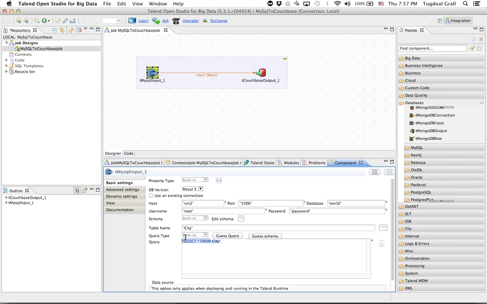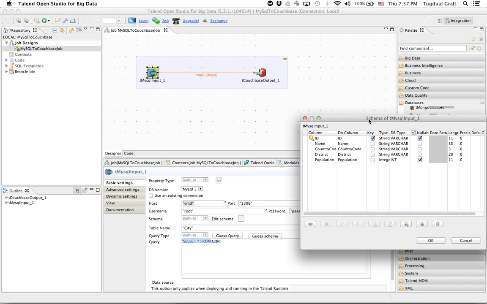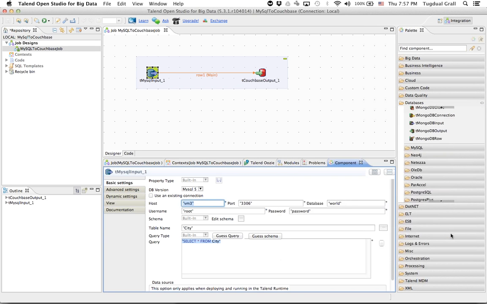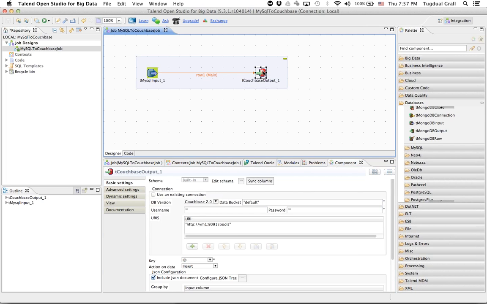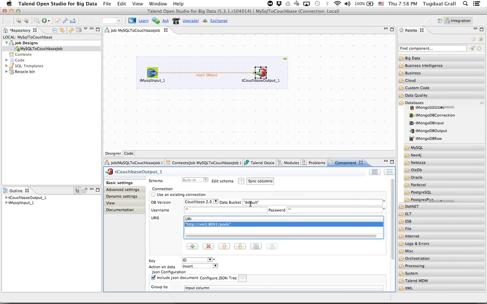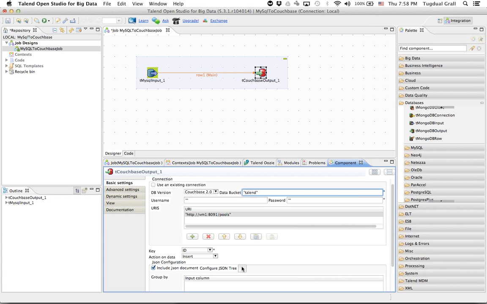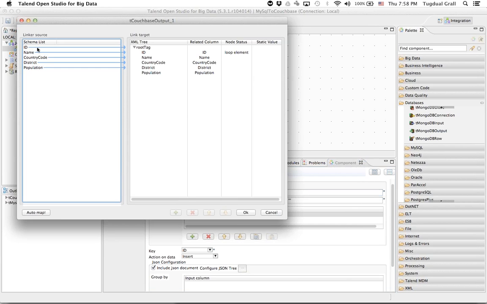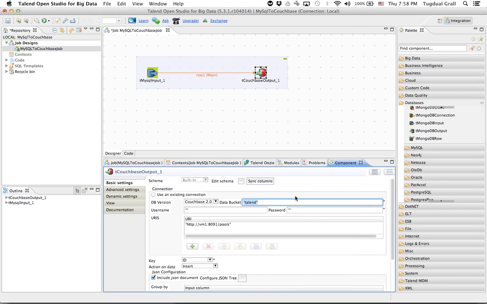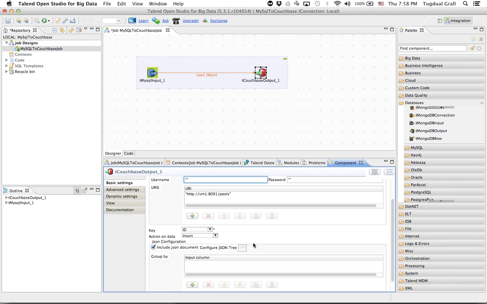So what I do here is I just connect to my MySQL instance, select a specific query, map the schema to specific types, so I can say what the schema is, and I can even add some field and generate some fields. The same way, for the Couchbase part, I will say where is my cluster, which bucket I want to use. So here I will use Talend for this demonstration. And the same way, you will choose how you want in the JSON document, how do you map your schema coming from your database into a JSON document. And you can add some information if needed.